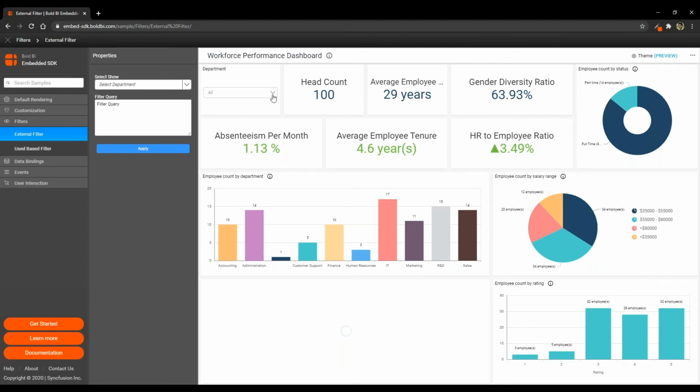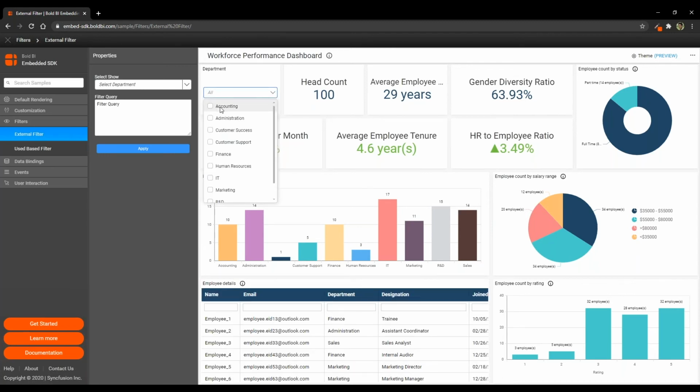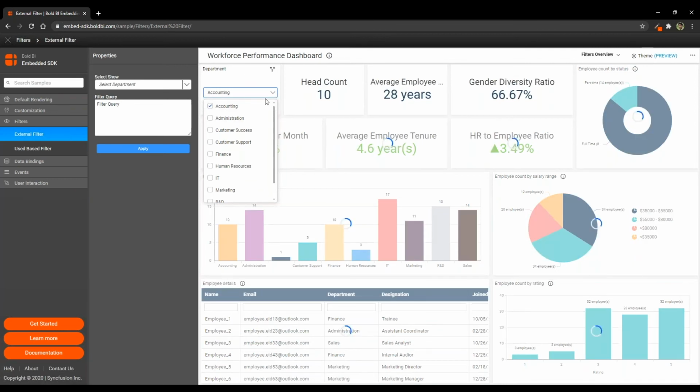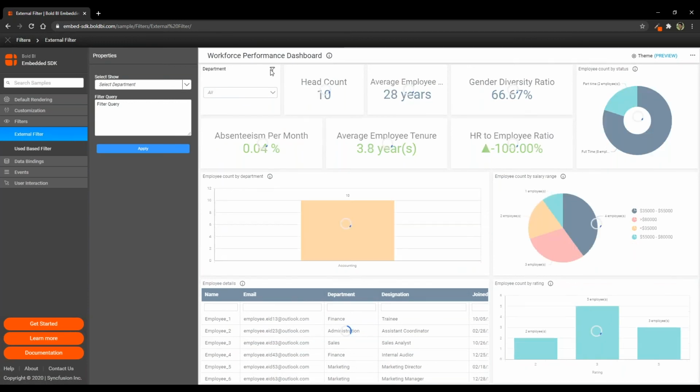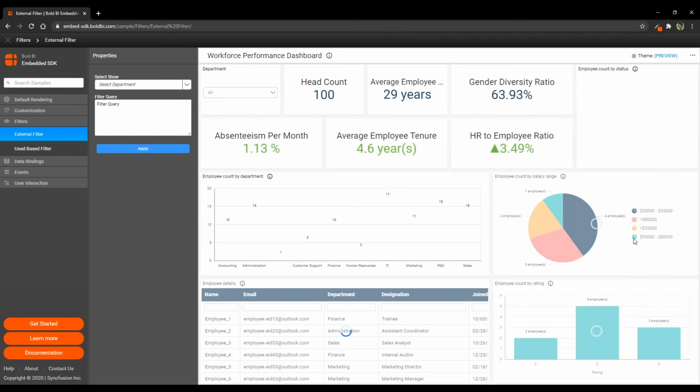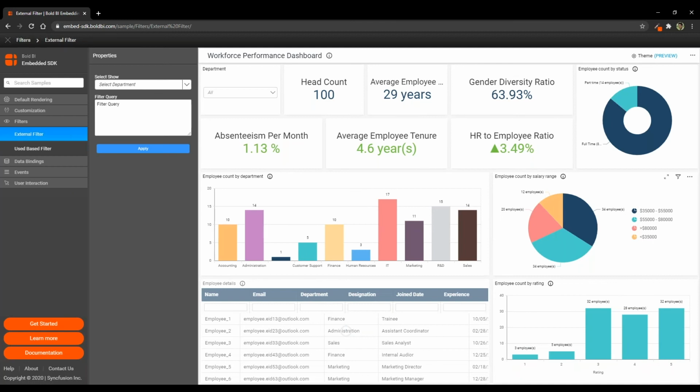In this dashboard, one could be checking out accounting, so he'll be generally selecting that specific department within the dashboard. But I have a need that this particular dashboard should be embedded into an application which will be logged in by all the users, all the employees of the company.